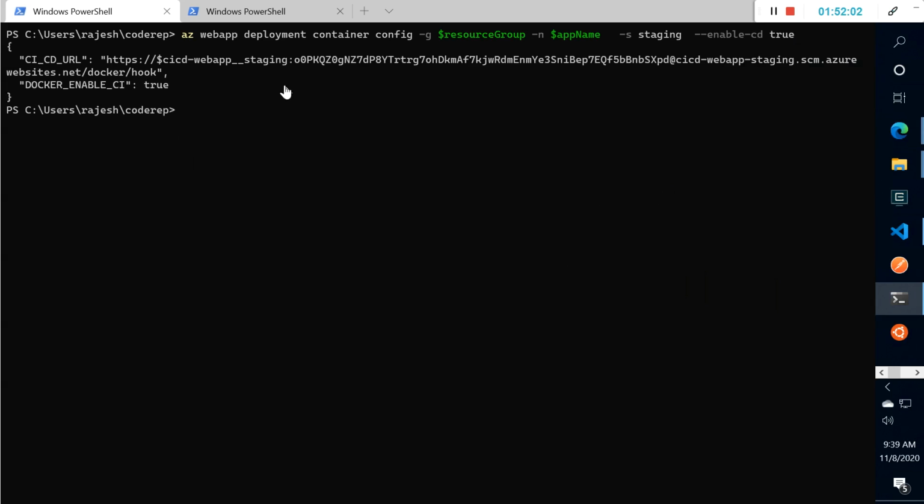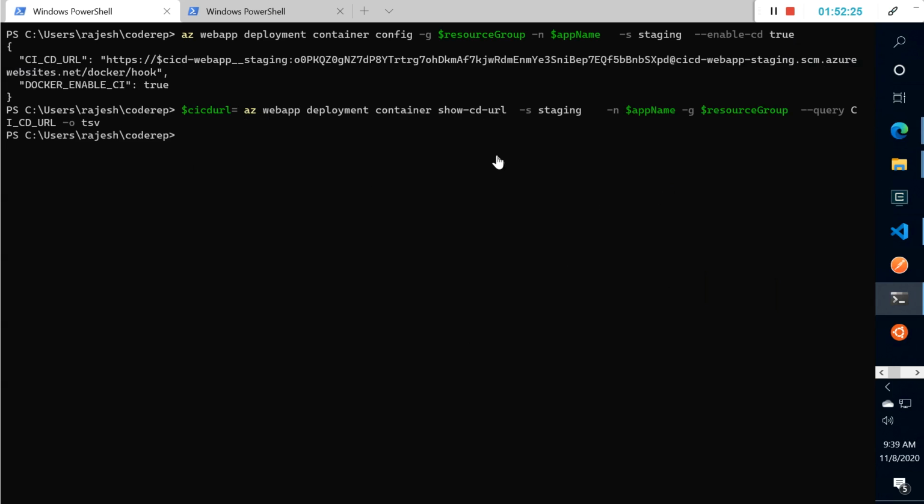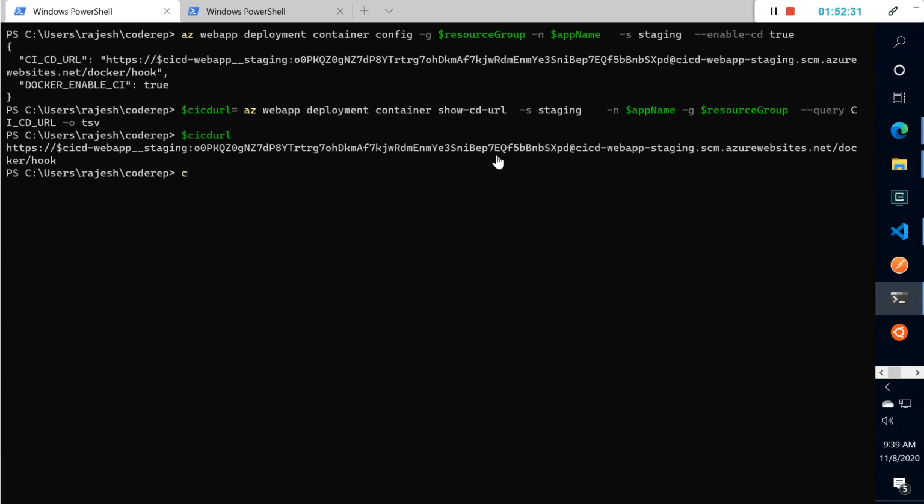Okay, this is the webhook URL. If I want this one, I can mention the same thing. It's a webapp deployment container show CI/CD URL. It will pick this value. In the query also I am mentioning the same thing. Yeah, fine. That is the webhook URL. Then we can register with the